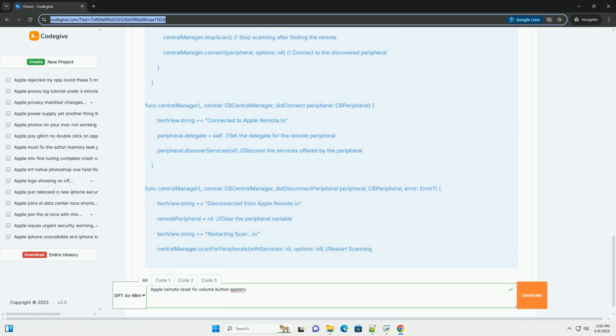6. Pair the Apple Remote: pair the Apple Remote with your Mac through System Preferences, Bluetooth. 7. Observe the output: the application will start scanning for Bluetooth devices. When it finds your Apple Remote, it will connect. If you press buttons on the remote, the application should display hex-encoded data representing the button presses in the text view. Interpreting the output: